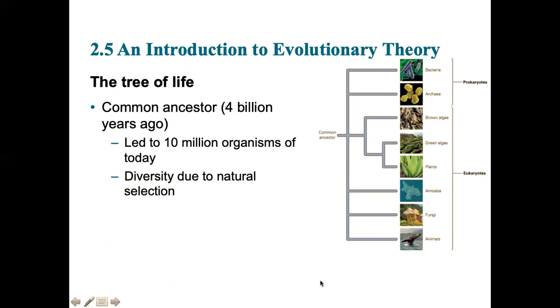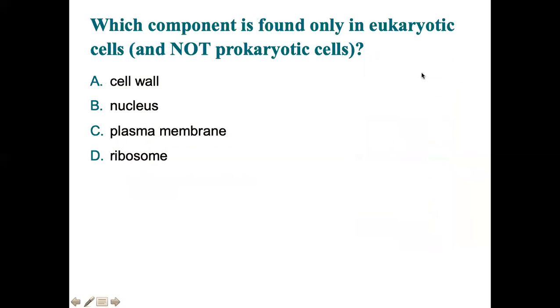One thing that you might think is kind of interesting: bacteria and archaea are prokaryotes, so they're the ones that don't have the membrane-bound organelles, and everything else is a eukaryote, including us, right? We fall in the animals group. We as eukaryotes are actually more closely related to archaea than we are to bacteria. I'm going to let you look up archaea because they're kind of fun prokaryotes that are unique. We usually only know bacteria.